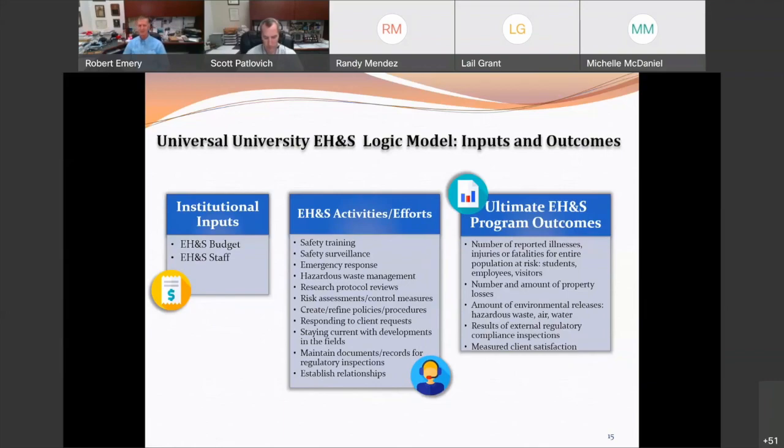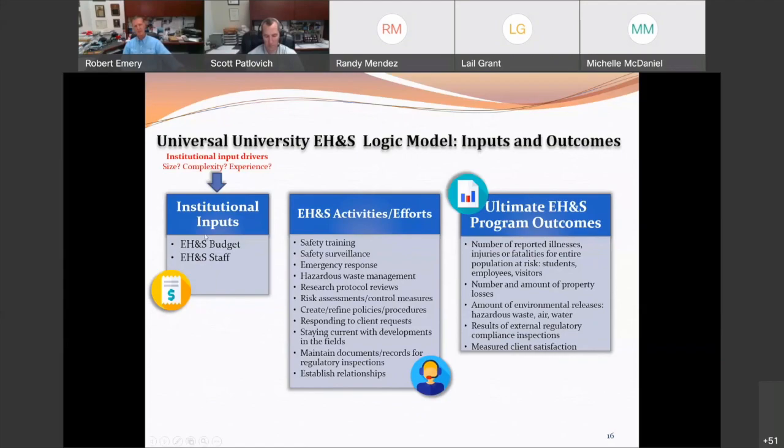the university. What I see is a lot of safety programs that measure their activities, which is important. It's important to say how many lab inspections you did and how many protocols you reviewed and that sort of stuff. But that's really an indication of activities. That's not a measure of actual outcomes. So while it's important to have data on these activities and efforts, keep in mind that there are these key performance indicators, which are the ultimate outcomes of the institution.